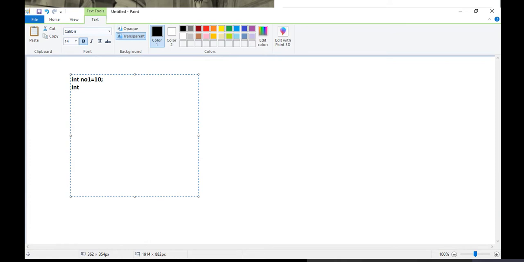Then we'll give the name of the pointer, and the separate identity given for the pointer is asterisk, which is nothing but a dereferencing operator. Okay, so this is how we will create a pointer.